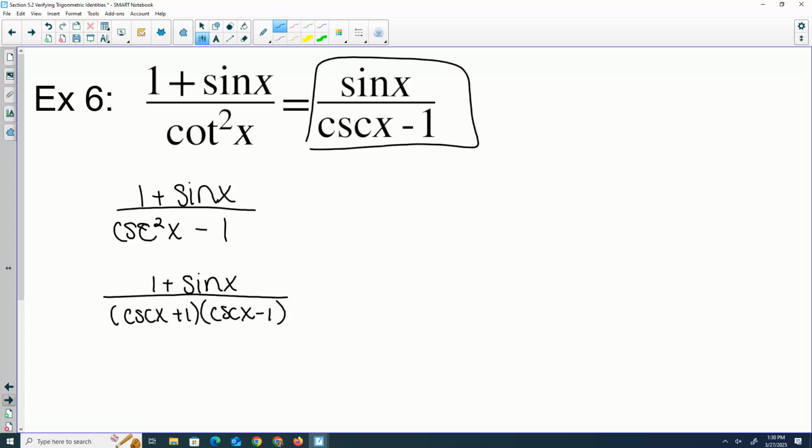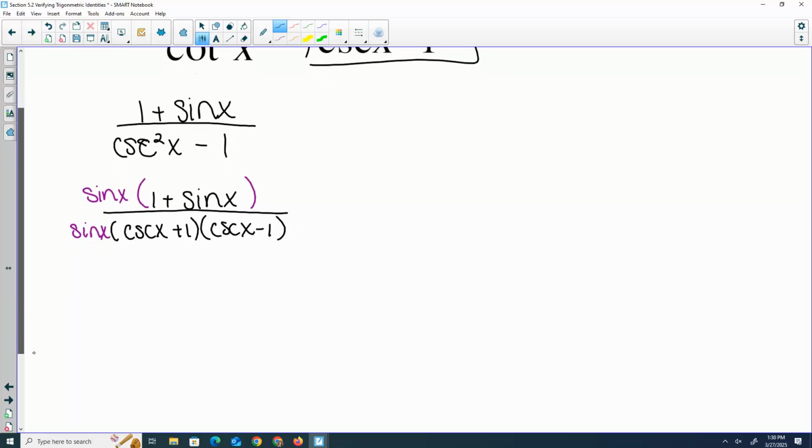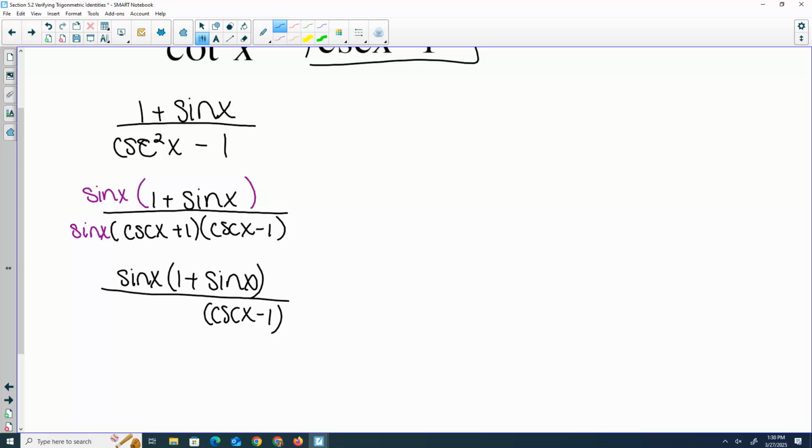So we have some different options. What I think might be helpful here, what if we do what we did on the last one, where we multiply something on top and bottom? We are trying to get a sine x on top, just a plain sine x. What would happen if I multiplied sine x on top and bottom? So on the top, I don't really want to distribute it because I'm hoping this 1 plus sine x will cancel out. On the bottom, the cosecant x minus 1 is good. That's what I want. You can multiply any two things. So if I multiply these two,